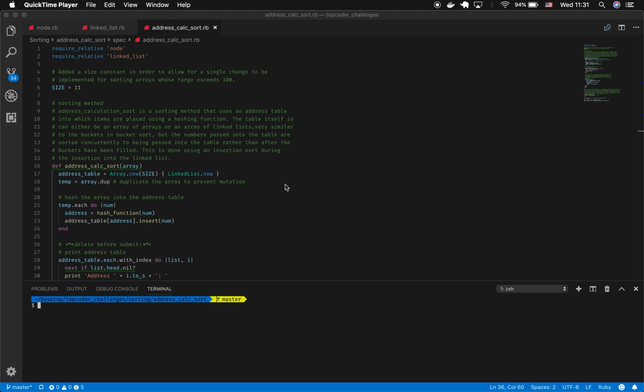Today we're going to take a look at the address calculation sort. Now, address calculation sort is a sorting method that works similarly to bucket sort. It basically takes an array and divides those arrays using a hashing method into various addresses, which are basically like buckets. And when it does that, this is how it differs from bucket sort: it uses an insertion